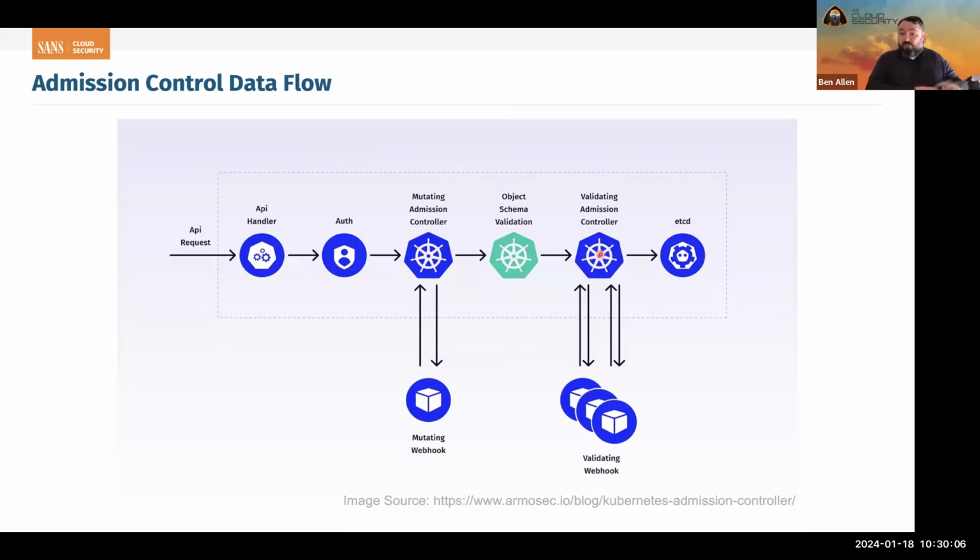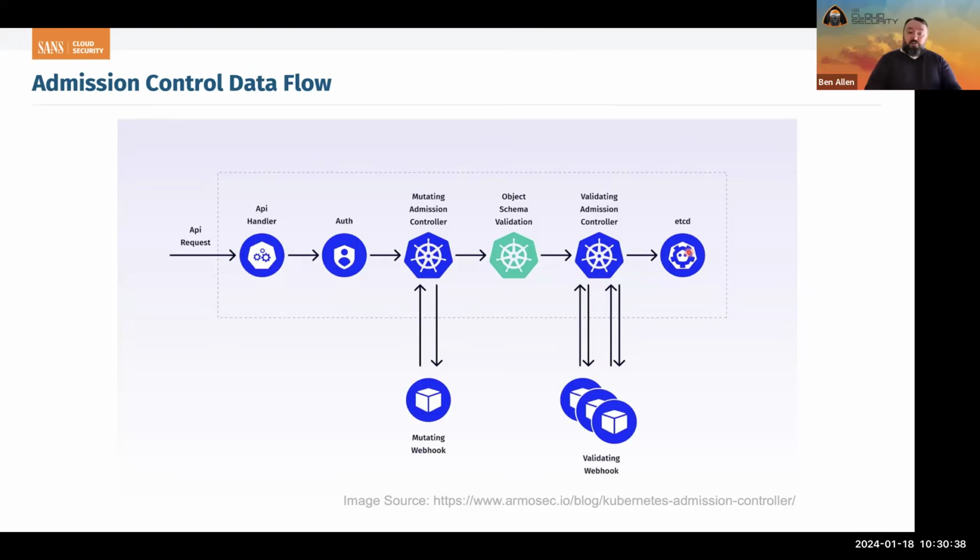After it's been confirmed valid, all these mutations and edits have been done, it gets sent out to all the validating admission controllers, and they will inspect pieces of the document or the whole and say, this is good, this is good, this is good. This needs a warning, or this, we don't do this here. This is not allowed in this cluster, and reject it. If all the validating admission controllers pass, that request is persisted into etcd or whatever other cluster store is being